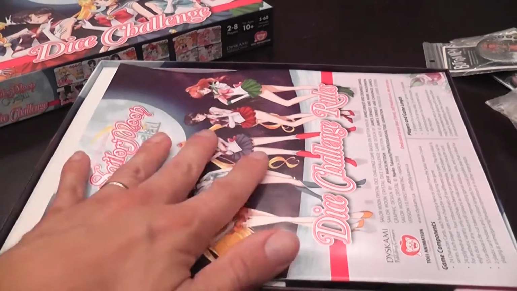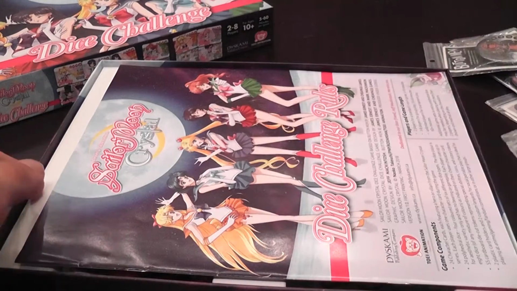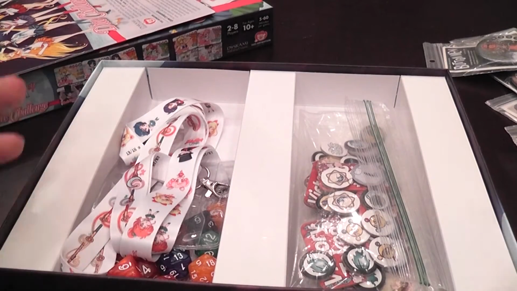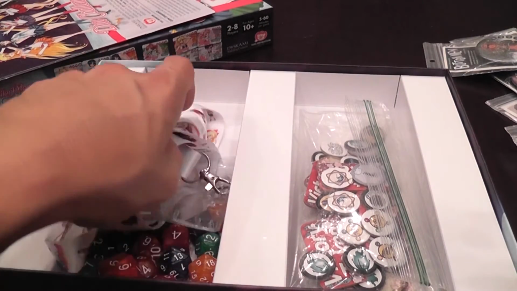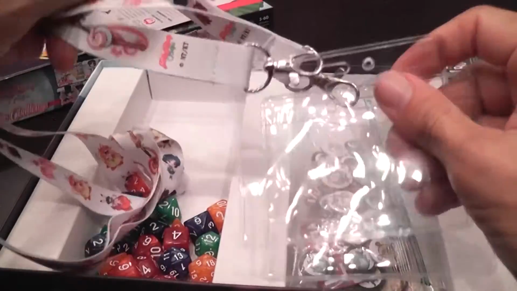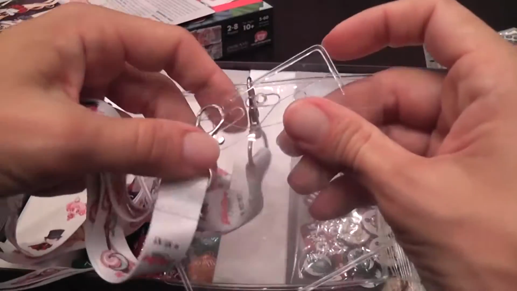This is a pretty big box, however, right, for pretty much this game. Well, there's also some extra stuff. We have the rule book, and that's okay. Then we have, just as a little gadget that comes with the game, 2 lanyards, like so. You can go to Sailor Moon conferences and wear